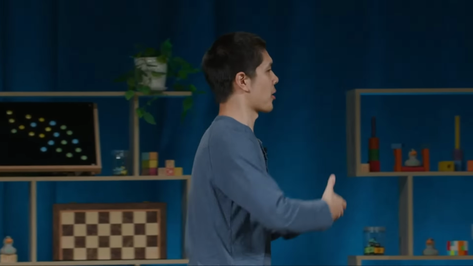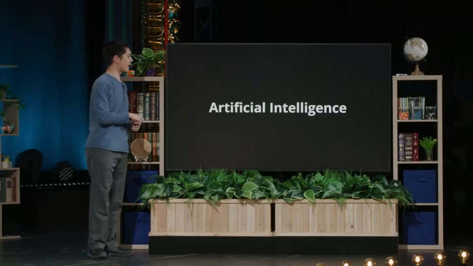So AI is not just one problem. It's not just one algorithm. It's a really wide range of ideas and strategies and algorithms. And the goal of this course is just to expose some of that to you, to give you a sense for the kinds of strategies that AI can use in order to do this kind of problem solving. And all of these problems we term artificial intelligence, or AI.